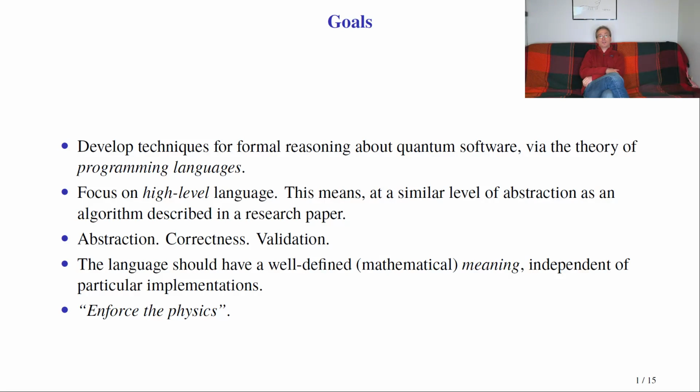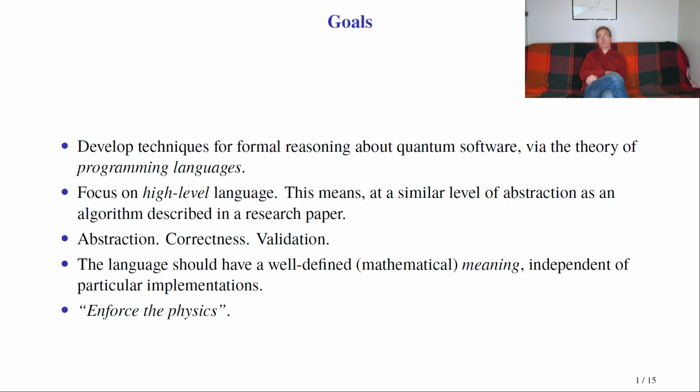The goal of this research is to develop techniques for formal reasoning about quantum software, and we do this via the theory of quantum programming languages. In this talk, we want to focus on high-level languages, and by a high-level language, I mean a language in which an algorithm can be described at a similar level of abstraction at which the algorithm would normally be described